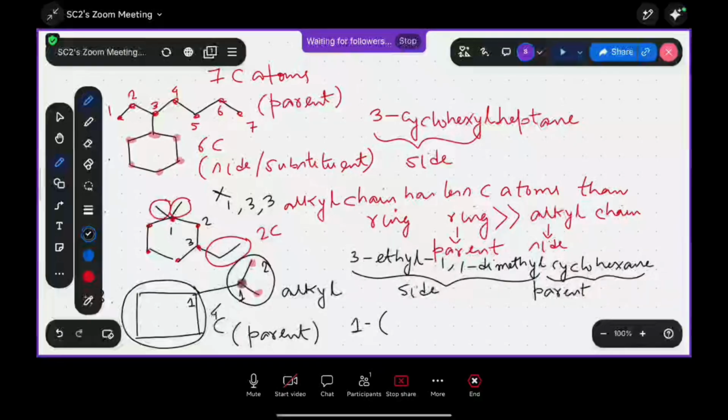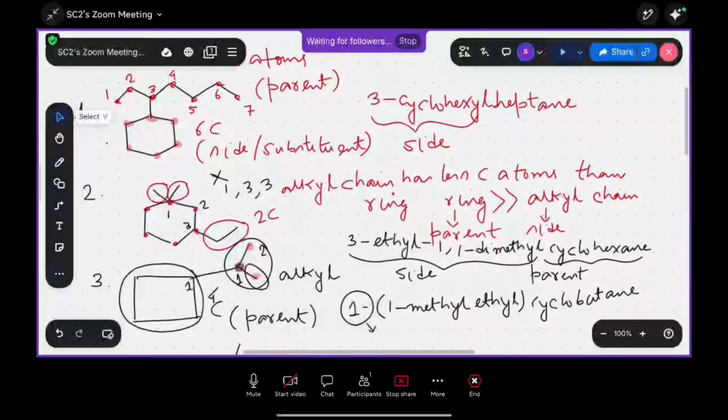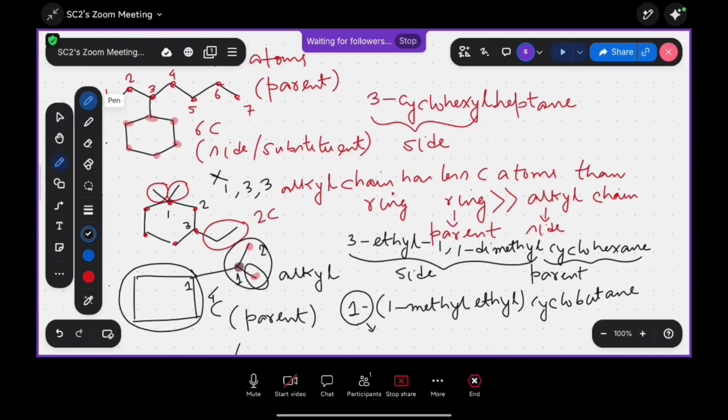তাহলে আমরা এটা কি দেখতে পাচ্ছি যে 1 কার্বনের সাথে আছে অ্যাটাচড, তাই 1। আবার 1 মিথাইল ইথাইল, এবার আমরা কমপ্লেক্স সাইড চেনটাকে নাম করছি। whenever you name the complex side chain it is to be written within bracket, আগেই বলেছি যখনই কমপ্লেক্স সাইড চেন লিখবে তখন সেটা ব্র্যাকেটের মধ্যে থাকবে। 1 মিথাইল, 1 পজিশনে একটা মিথাইল সাইড চেন আছে, তাই 1 মিথাইল। কমপ্লেক্স সাইড চেনটাতে দুটো কার্বন, সো ইথাইল, 1 মিথাইল ইথাইল।